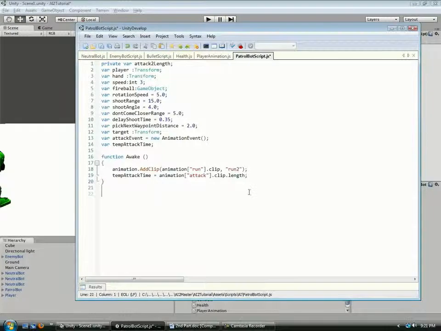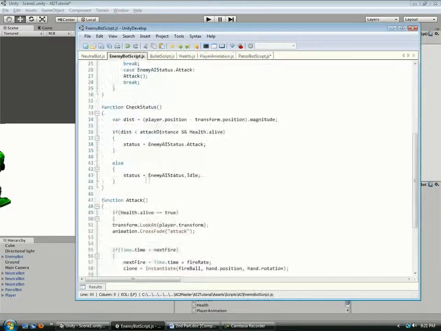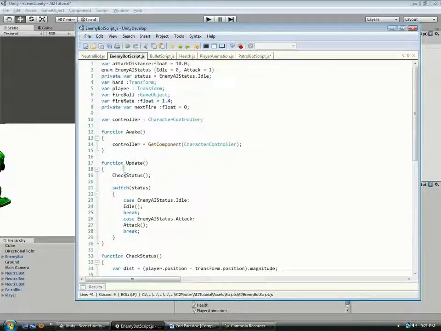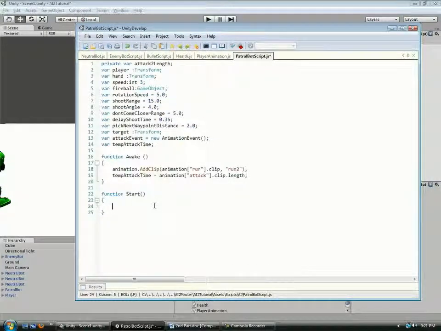Then on the start function, just how in the enemy bot, when we started updating, we called this check status. In the patrol bot script, we're going to actually call a function called patrol. So let's go ahead and create the patrol function, patrol. And then back in our start function,